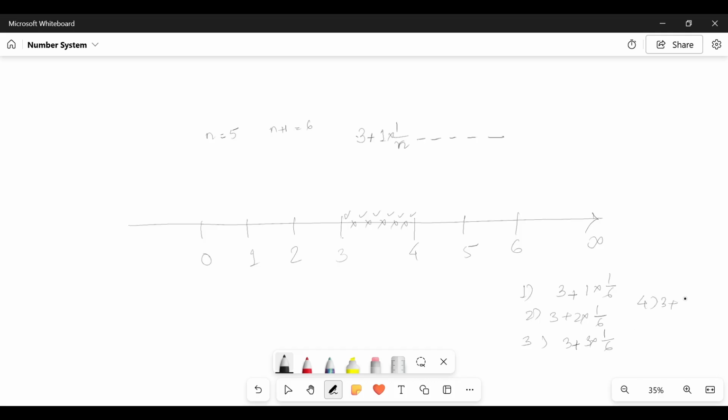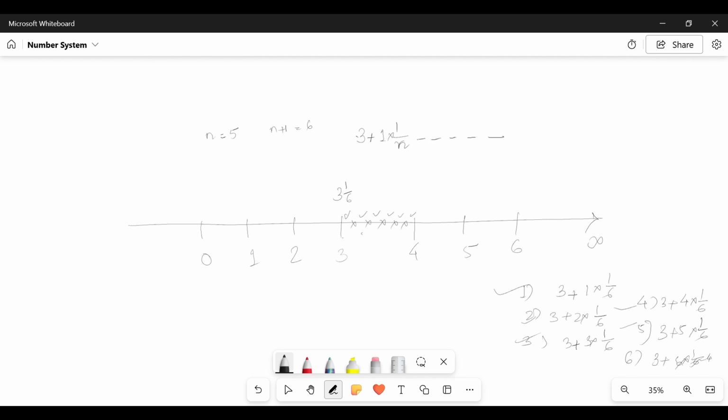Fourth would be 3 plus 4 multiplied by 1 by 6. Fifth would be 3 plus 5 multiplied by 1 by 6. And as we come to sixth, this becomes 4 itself when we multiply 6. So these are the 5 numbers that we want to plot between number 3 and 4, which would be 3